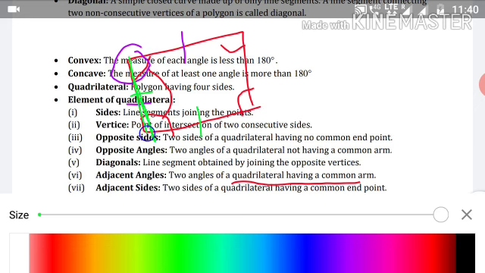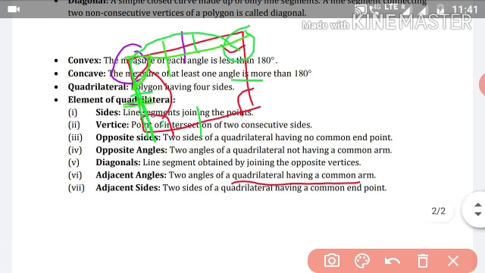Now again the other one will be this one and this one. Now this line is what? This line is common for both these angles. So these two angles are called what? Adjacent angles. In the same way we can say these two angles are also adjacent, because for this angle, this and this are the two arms, and in the same way for this angle, this side and this side are arms, where this line is common for both these angles. So these are called adjacent angles.